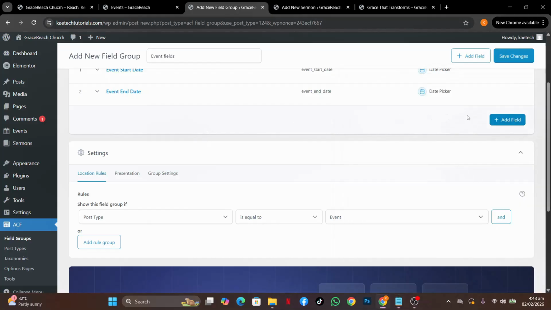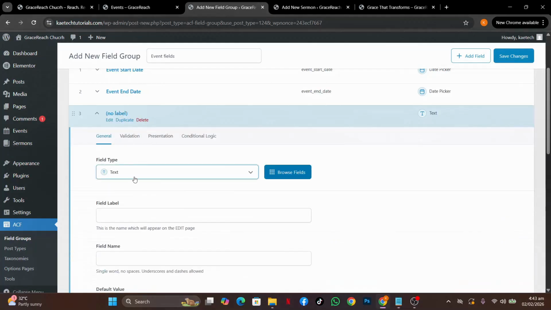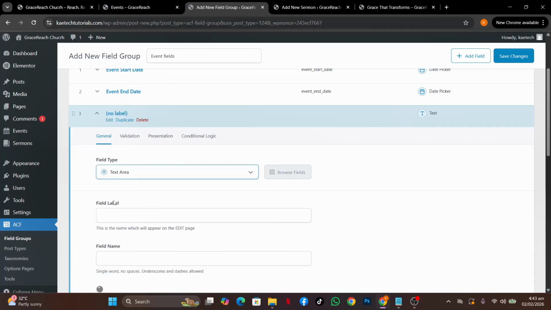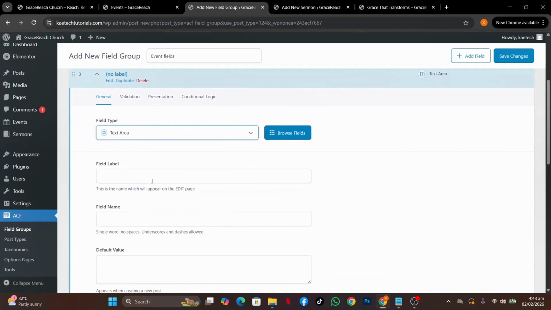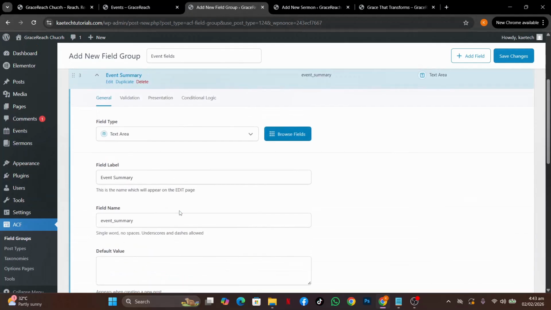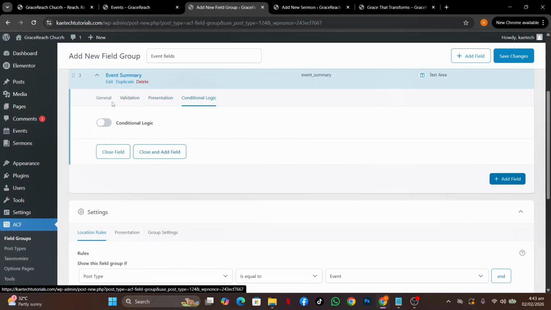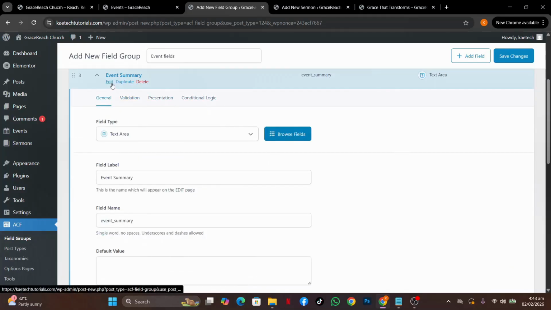So event summary, we're going to click on this one. This time around, we're going to use a text area over here, and then we say event summary. Okay, so basically that is it. Go to validation, go to presentation, check on the logic and all those things, and if everything is okay, you